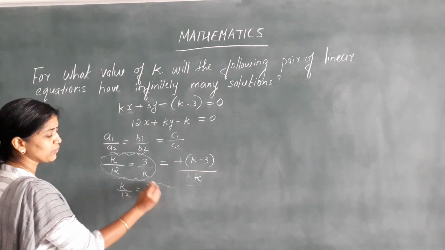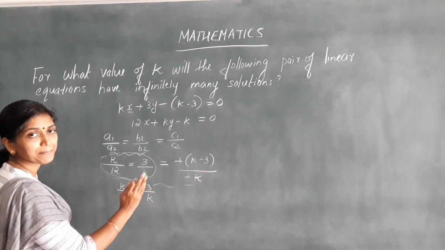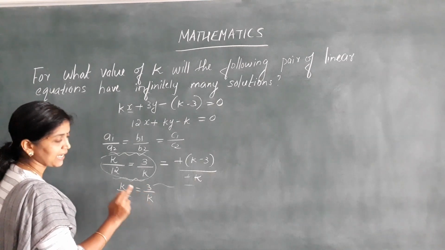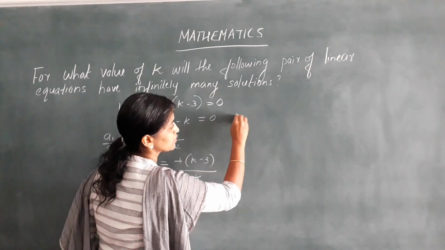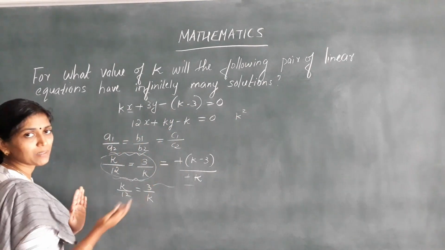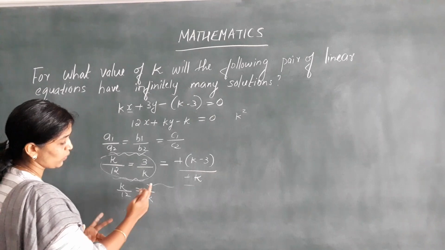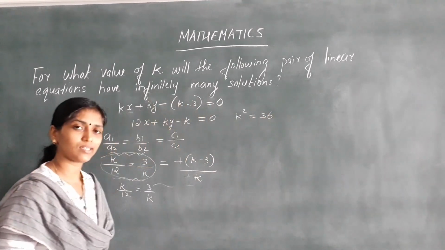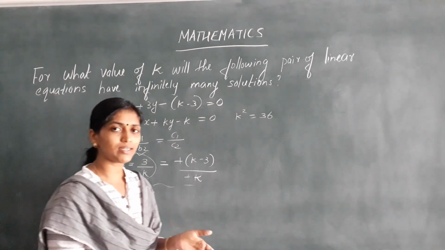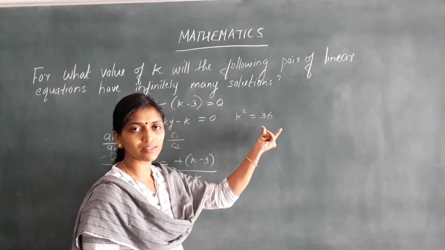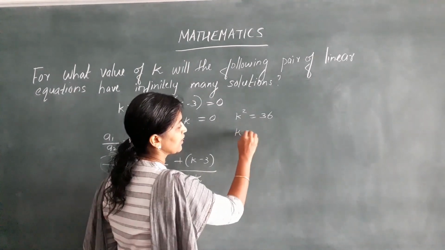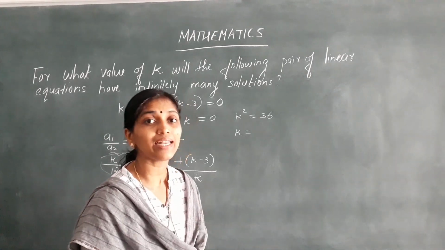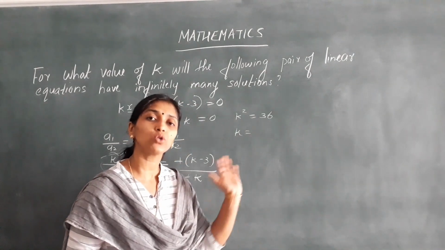Just see, when you get an equation like this, you can cross multiply and form an equation, isn't it? See, k into k, it is k square. Now cross multiply, we have studied this in lower classes. 12 into 3 is 36. You will get k square is equal to 36. And as we have already studied, when x square is equal to 36, when you take the root, the square changes to root, and we have to consider both positive and negative roots, because both squares are equal to positive.